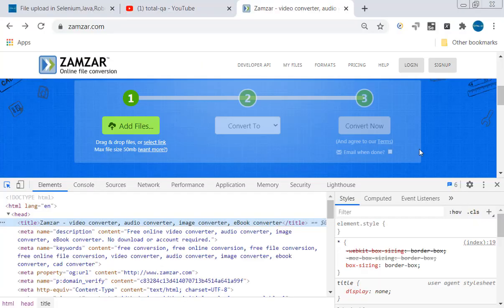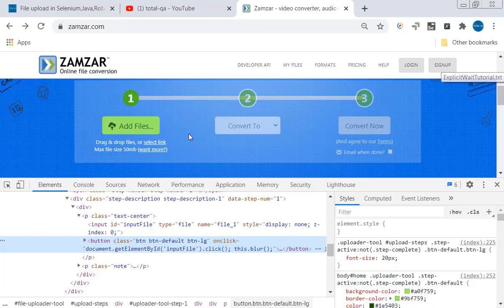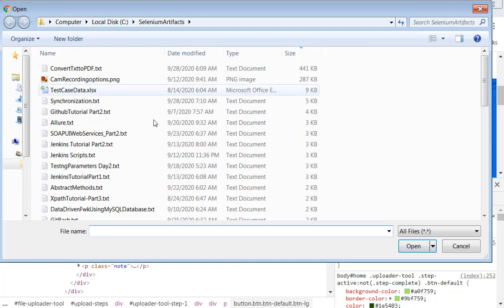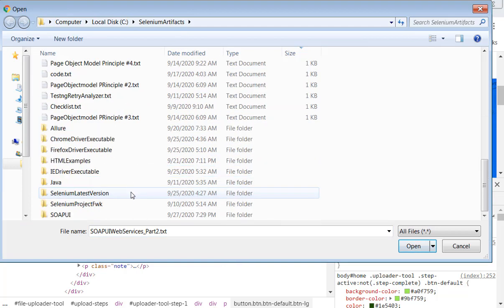Let's see now. Let's go back to the program. One thing we do is try to add the file. When you add the jar file, let's see what exception we get. Let me click on add file. Let's refresh this again. Let me click on it and I'll just try to select the jar file.